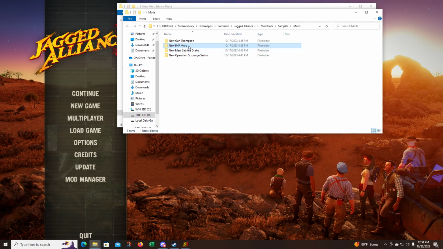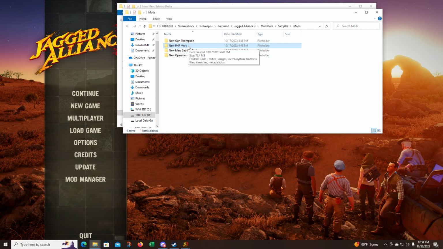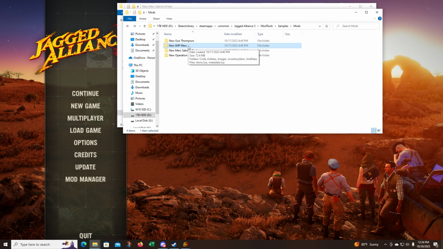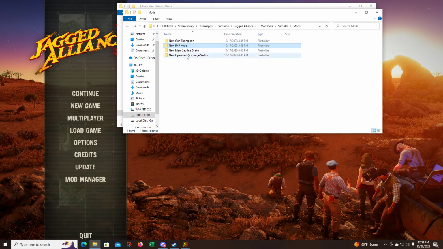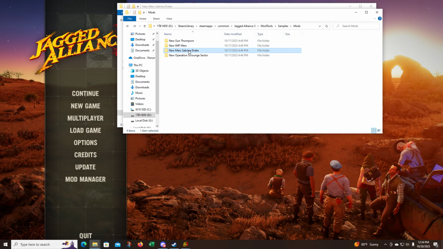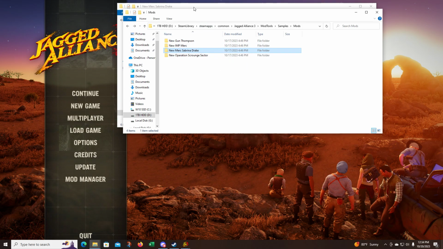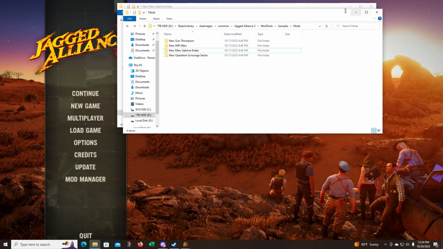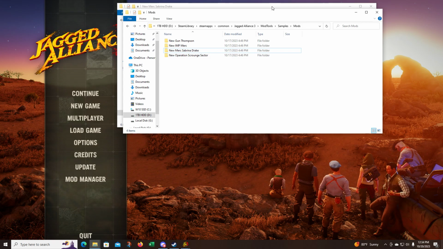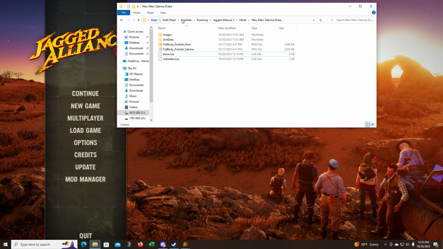And they provide us with an IMP merc, which is the one that you hire to begin with, which I'm assuming most of you consider to be your avatar in the game. Weapon, a whole new sector, but we're going to focus on Sabrina Drake, okay? So what I did, I copied her into the mods that I'm using in game. And I'll go ahead and close that. Here's the